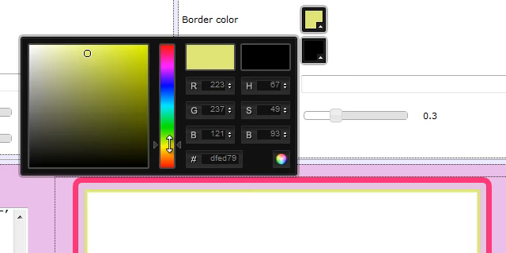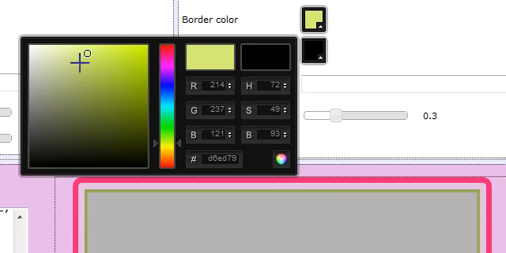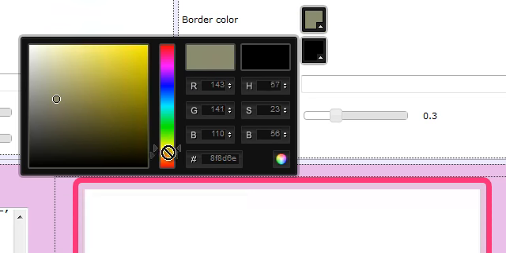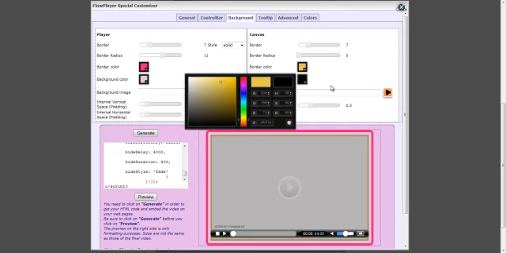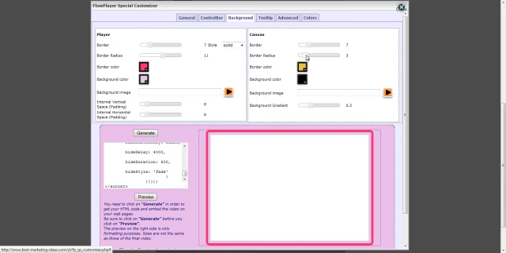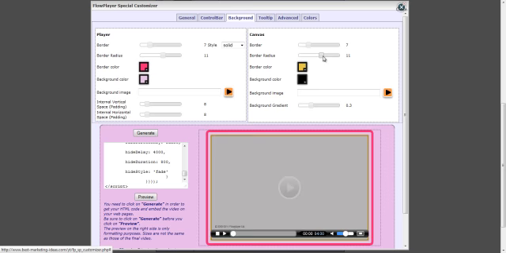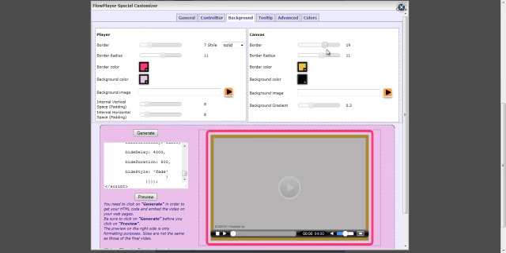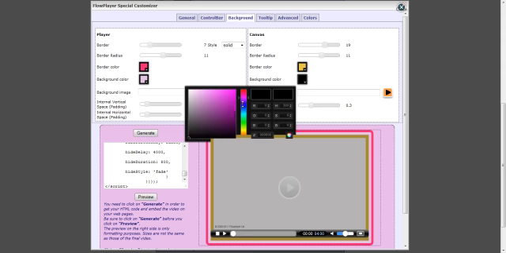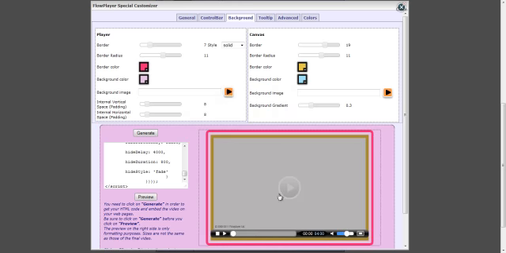I give a yellow border, give some transparency, and we can give also border radius here as well. Increase the border. We can give some background, although sometimes it's not very easy to see the effect of the background. And here we are. So when we run the video,